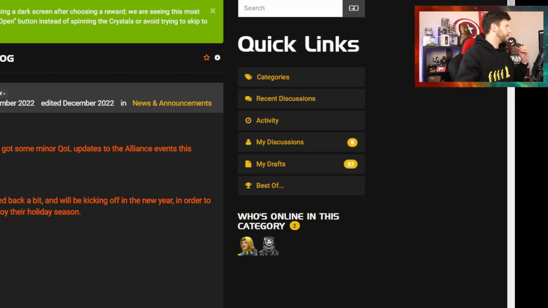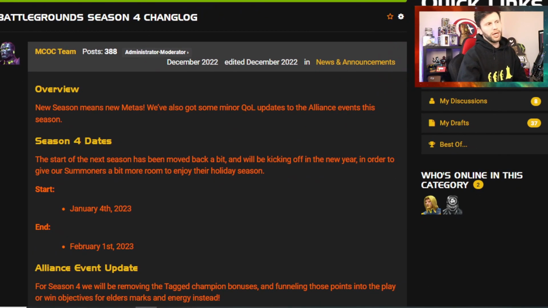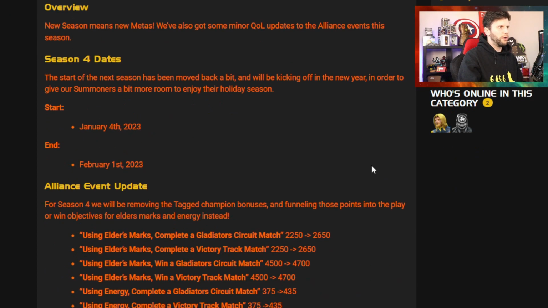Battlegrounds meta preparation video. So we're going to look at some options and some counters. So, options for defenders and options for counters when it comes to the new nodes that are dropping tomorrow. As you know, Season 4 Battlegrounds is going to drop tomorrow, January 4th,